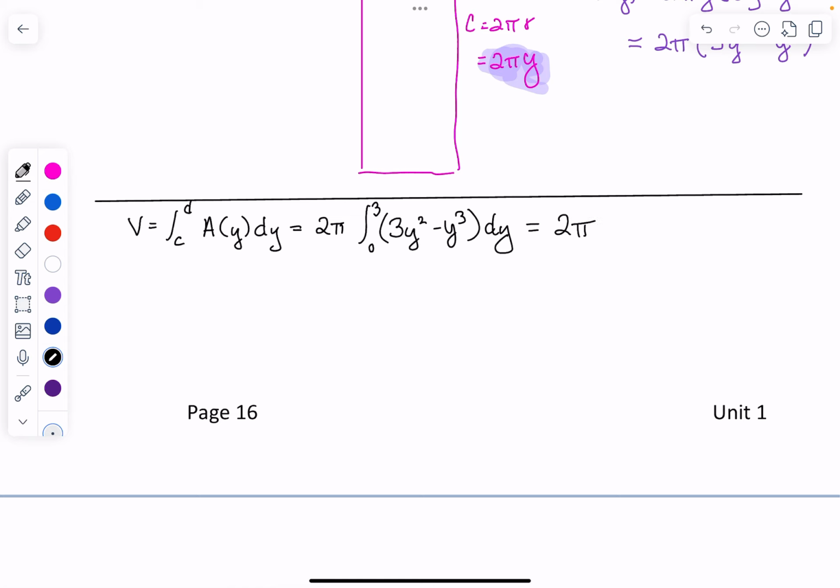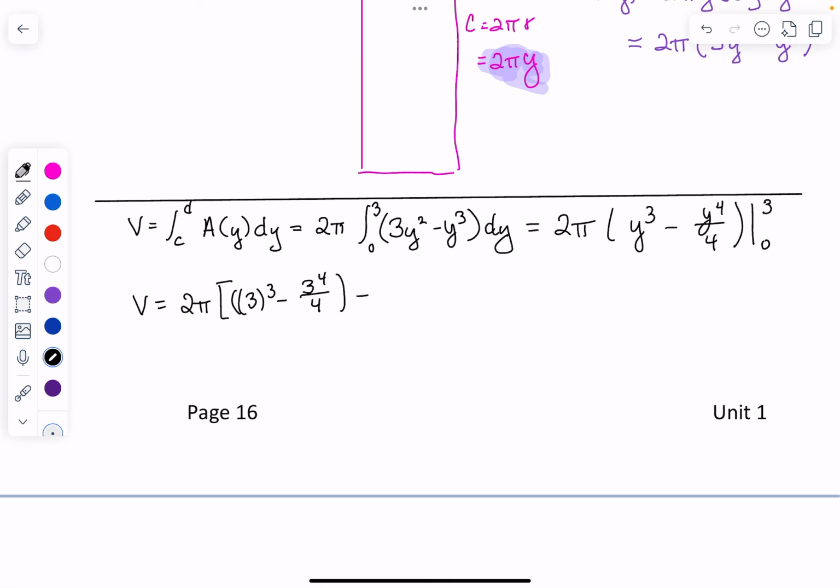Let's go ahead and integrate. So I get a 2 pi. I'm going to get 3y cubed divided by 3. So I'm going to get y cubed when I reduce it, minus y to the 4th over 4. I'm going to evaluate that from 0 to 3. So let's go ahead and sub in. My volume is equal to 2 pi. Don't lose that 2 pi. Times, subbing in my top number, I get 3 cubed minus 3 to the 4th over 4